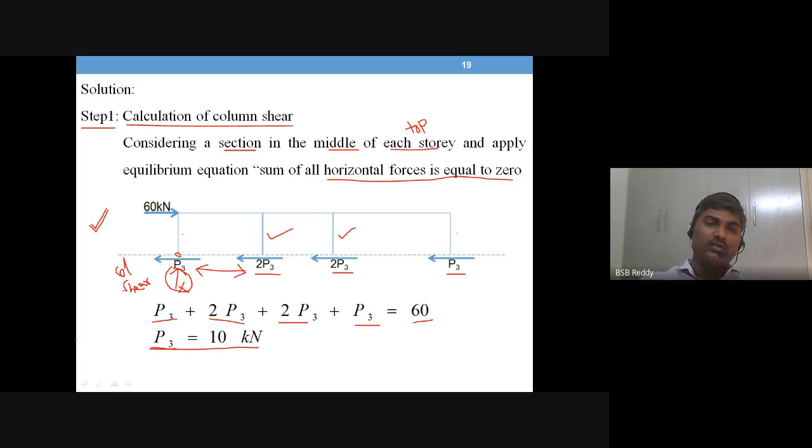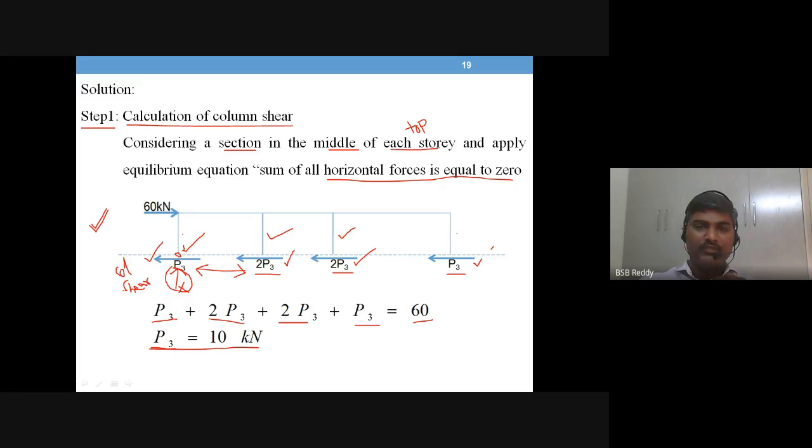So at each cut portion, where you have cut this column here, that's why I have mentioned a reaction. Same way here, I have mentioned a reaction wherever the column is cut. Okay, so the four columns, and so I have applied the